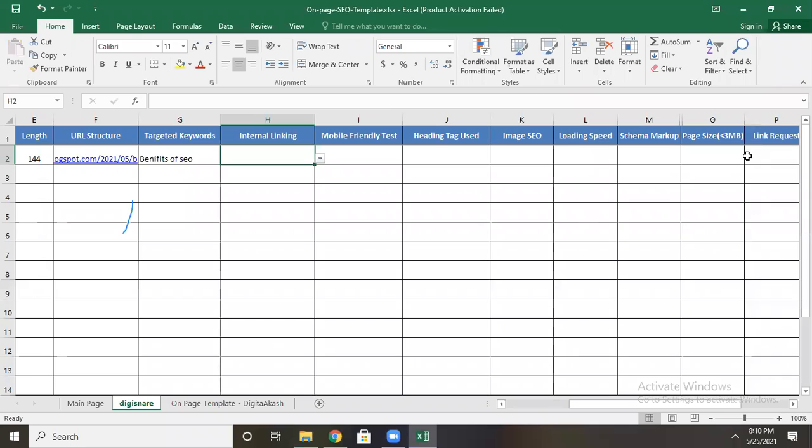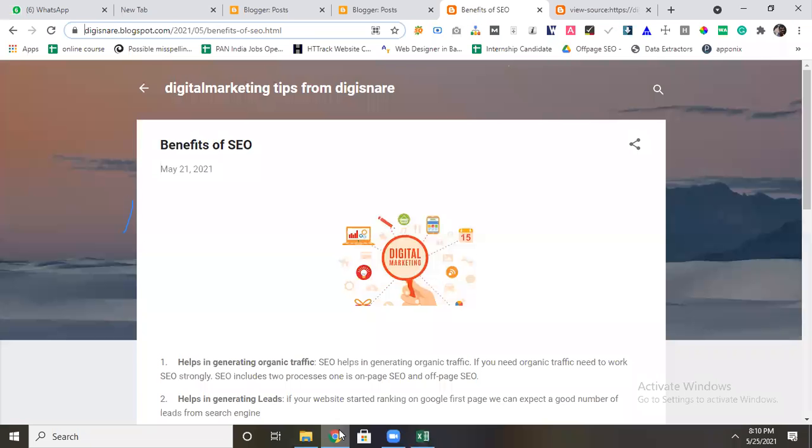Next is internal linking. I will tell you what internal linking is. An example for internal linking is in your home, how we connect a door from one room to another, from the kitchen to anywhere, connecting internally, right? That is what we can call internal linking. Like in a blog, you can interlink from one page to another page. Let's see how to do that, I will show you.